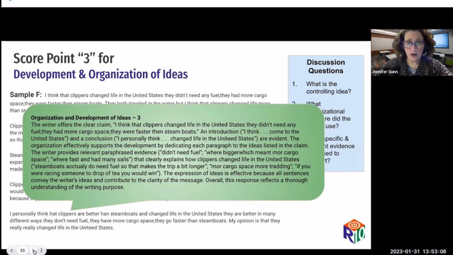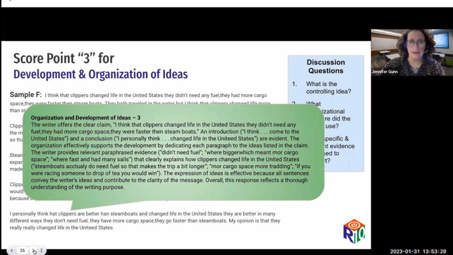They do provide relevant paraphrased evidence, and they do provide some explanation along the way, some connections of that. And the expression of ideas overall is clear and effective because all that the student wrote contributes to the